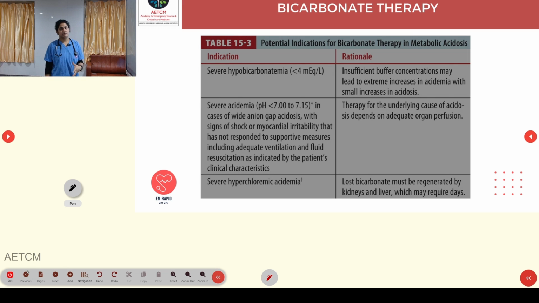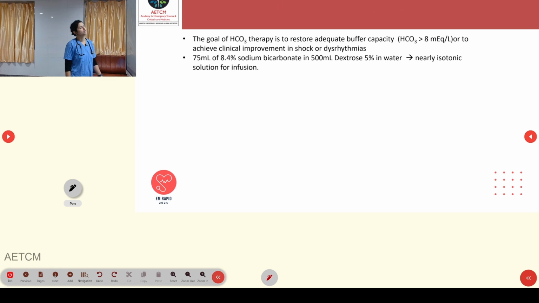Coming to bicarbonate therapy, there are only 2 to 3 indications in metabolic acidosis for bicarbonate therapy. The first one is very low bicarbonate levels, less than 4 milliequivalents, and severe acidemia, pH less than 7 to 7.15, and severe hyperchloremic acidemia. The goal of bicarbonate therapy is to restore the buffer. The buffer in our body should be restored. That is, the bicarbonate should be more than 8 milliequivalent per liter, or to achieve clinical improvement in shock or